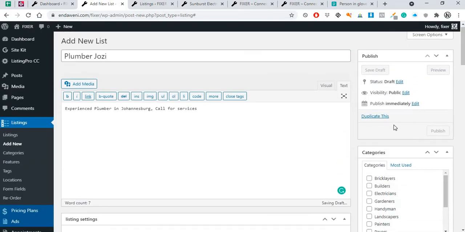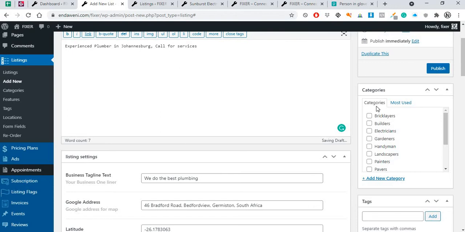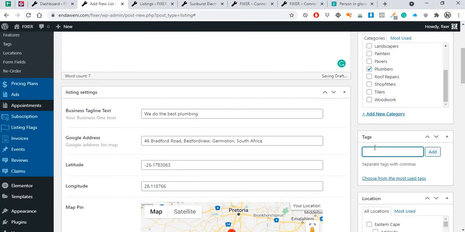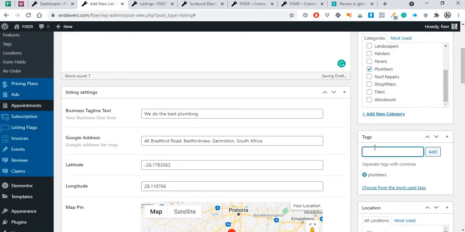What you need to do at the right though is assign it to the right categories, and I'm just going to show you how to do the categories over here as well. Then over here we can have our tags, so we can say plumbers Johannesburg. This just helps with SEO, your search engine optimization. So when Google wants to index your site, they can find you easily with these keywords. So plumbing,